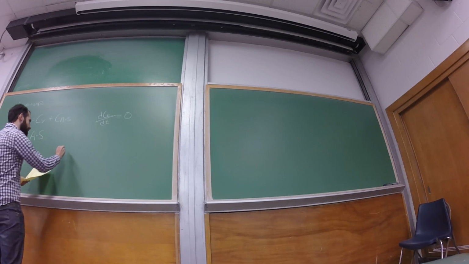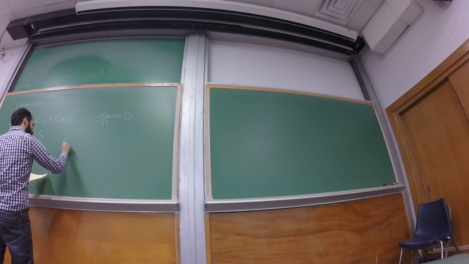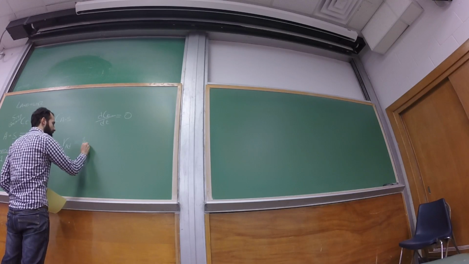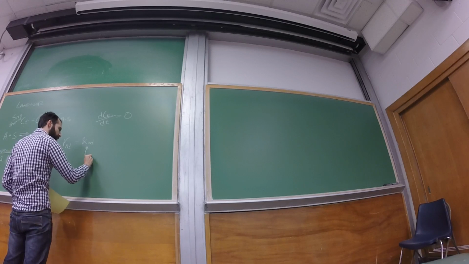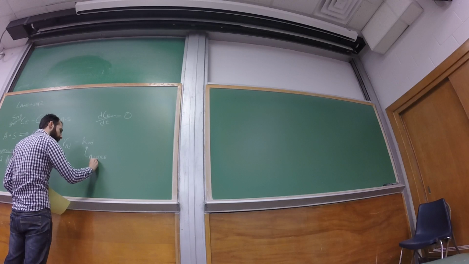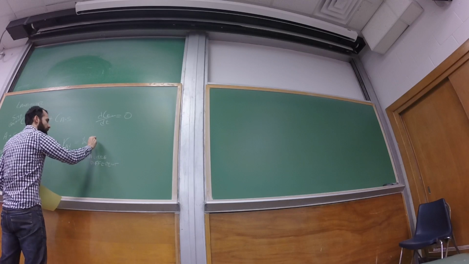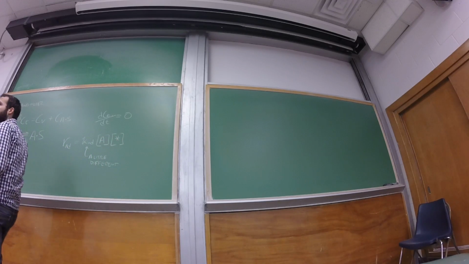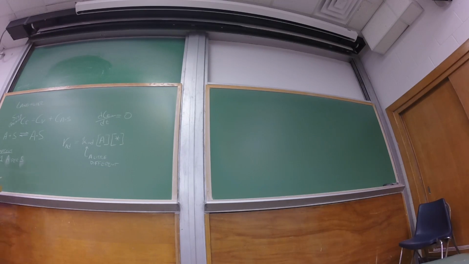So what I can do with that then is I can examine the rate of adsorption. What will that be equal to if this is an elementary step? Some rate constant, and this rate constant is a little different than the ones that we're typically working with, times the pressure, or we'll just put the concentration of A, times the concentration of vacant sites. And so then what is the rate of desorption? Again, if this is an elementary step, k_back, yeah, we can just put k of desorption, k star, times the concentration